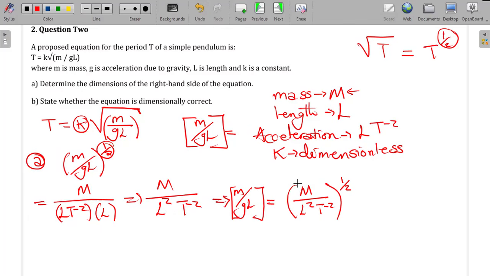What did we say in part 1? We said if we have a power outside the brackets, how do we distribute it inside? It's going to be distributed to everything that is inside, which means the mass is going to have power half, the length is going to be multiplied to power half, and even the time itself is going to be multiplied to power half like that. Hence, we're going to get our dimensions